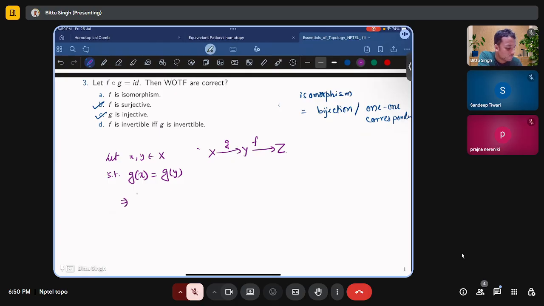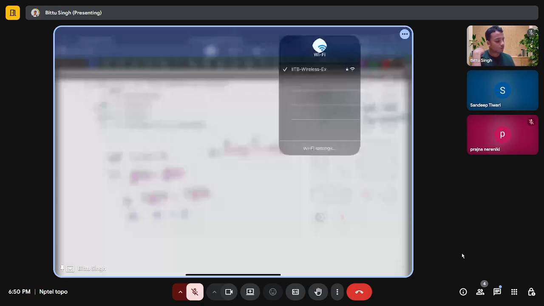Then just apply f. So if we apply f on both sides,